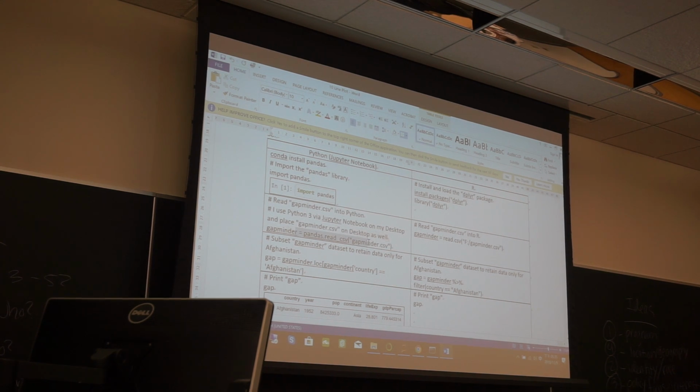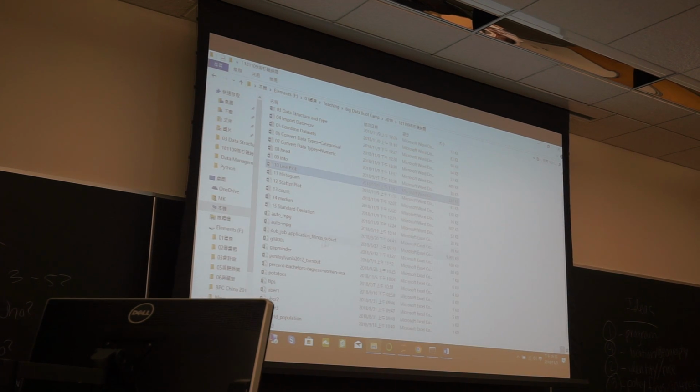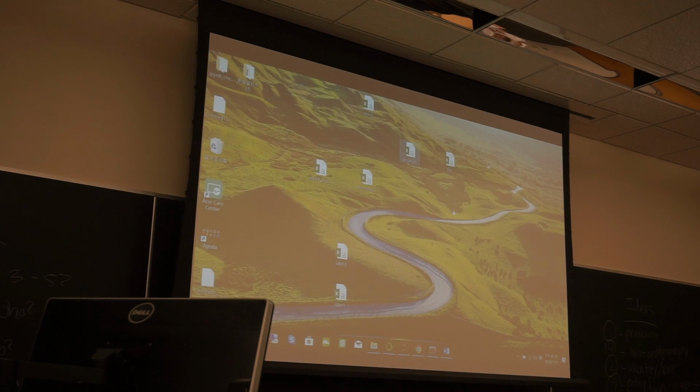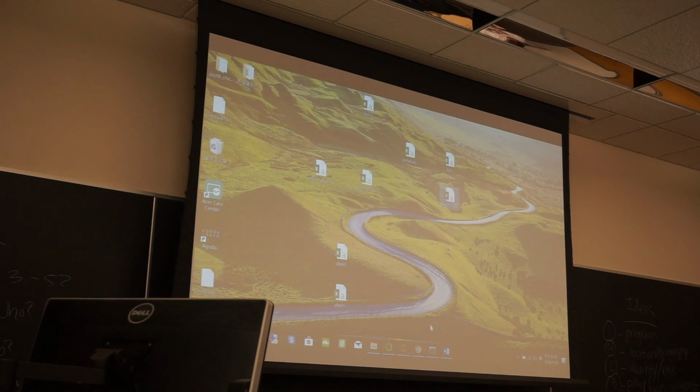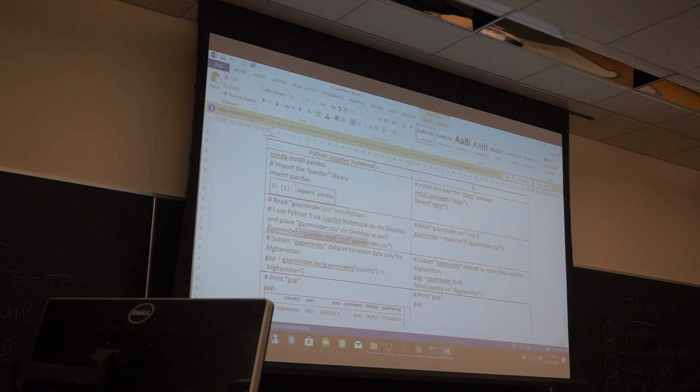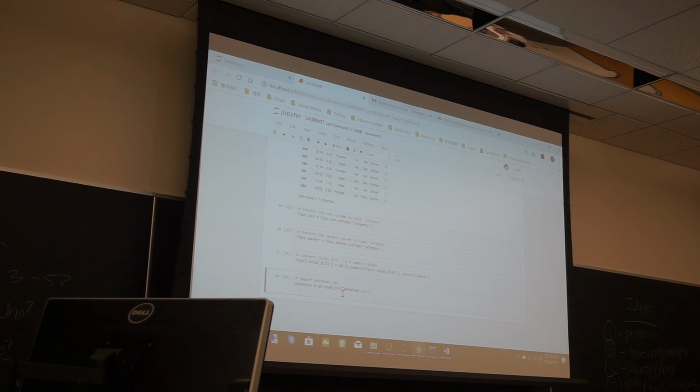For this exercise, we are again using the Gapminder data, because in the R lab we have used this many times. But here we are going to use it again. Let's see. So we import the Gapminder, and then